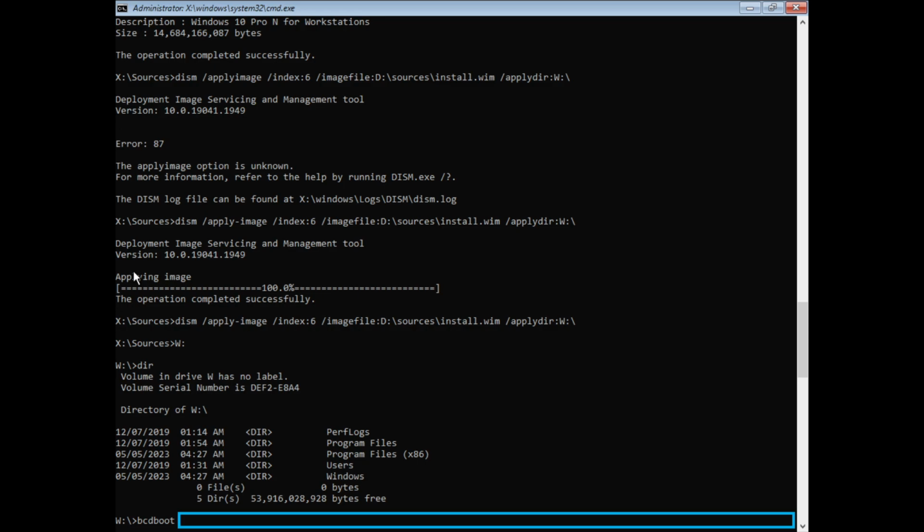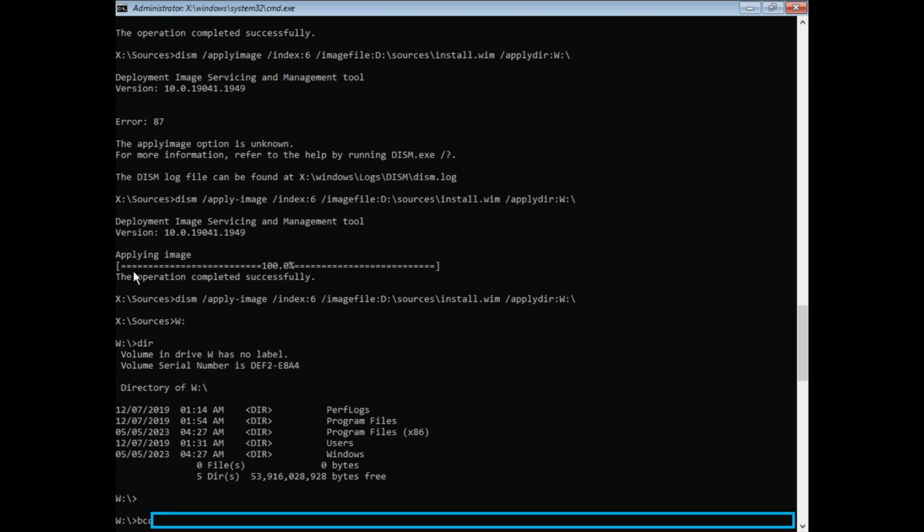We just need to copy boot files to where they need to go, and we use the BCD boot utility to do that. So, assuming I have that, yep, let's go ahead and just run BCD boot. All right, that's done. And then we're going to type